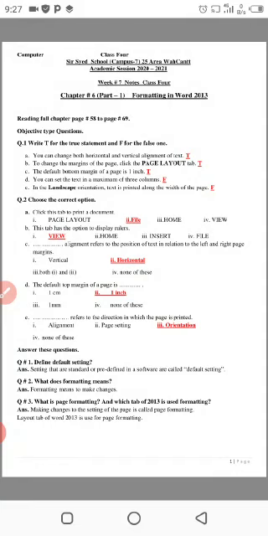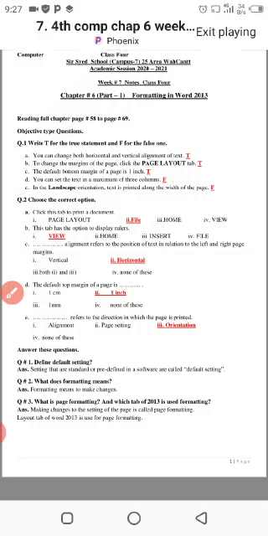Today we are going to learn our computer grade 4 book chapter number 6 of part 1, formatting in Word 2013. As we all have read in the chapter, formatting in a Word document is about making changes. So here some of the questions are asked about the chapter. Let's do it. Our first question is,